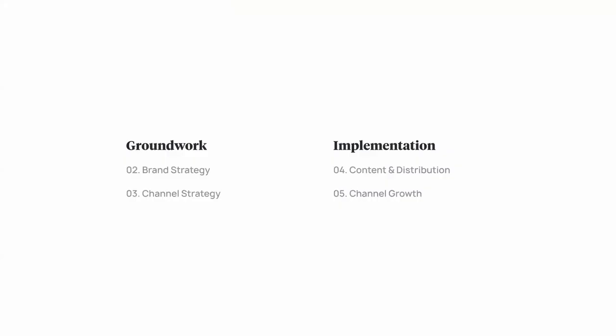First, we're going to go over your brand strategy, because before you can start running any effective content marketing strategy, you need to understand how you should position yourself as a brand. Then we're going to go into the channel strategy, where you figure out which channel to use, whether it's Instagram, Facebook, writing a blog, or whatever else you decide to do. Next is the implementation piece, where you actually get started, with the design and development of content that converts for your customers, as well as how you go about distributing it. And then we're going to go into how to grow your channel. All right, so let's get into it.